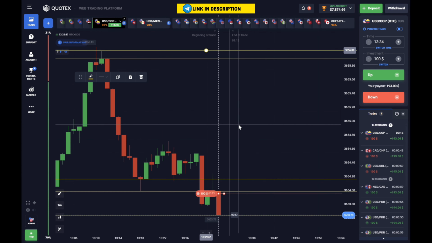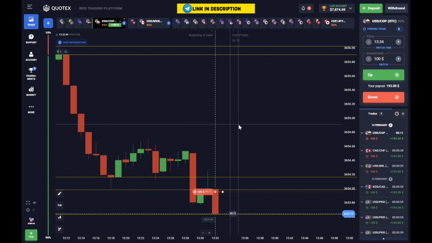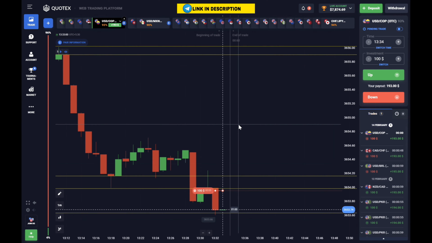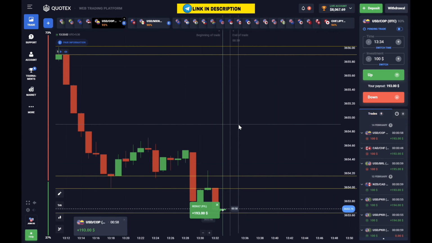And on the upper side, I have created a seller's zone by placing a double level, and overall, I can also consider this as resistance. And the movement of the market is downward. Now it will try to test the lower support levels, and in fact, it has already tested them. Finally, this trade has also been profitable for me here.